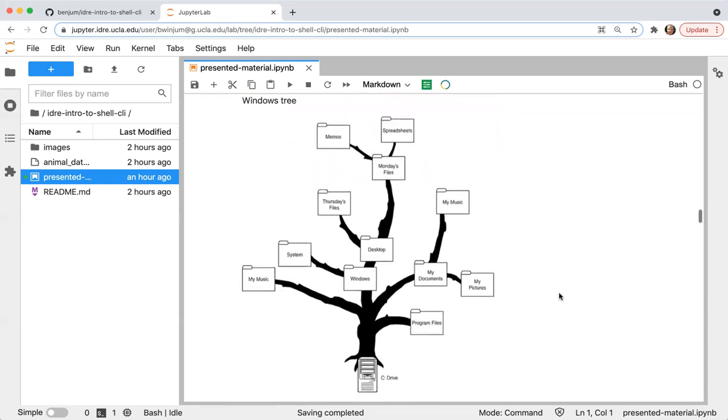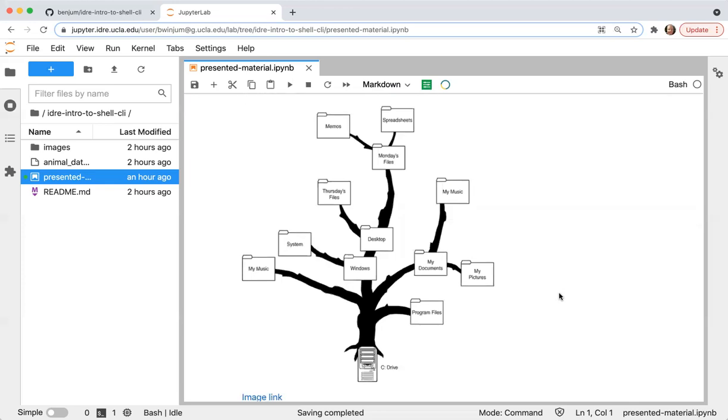So if we think about the Windows tree, when you look at your folder manager, I forget what Windows calls it, when you open up a window that shows you various files and folders that you have, your computer is the root of the tree, which supports the entire operating system.